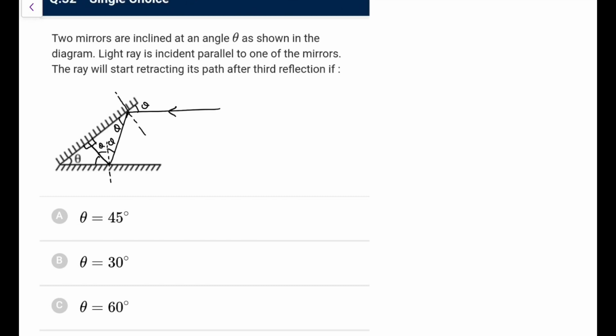And now what we are left with, yes, look at this triangle, let me call it ABP. So in this triangle ABP, this angle is 90, the remaining angle is theta, plus this would be 2 theta, and that is 90 degree. That means theta should be equal to 30 degree. So you have this, it goes like this, because it is normally reflected, and from optical reversibility it retraces its path. So go for option theta equals 30 degree here.